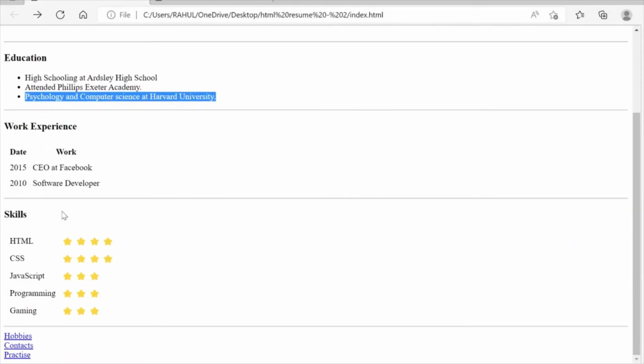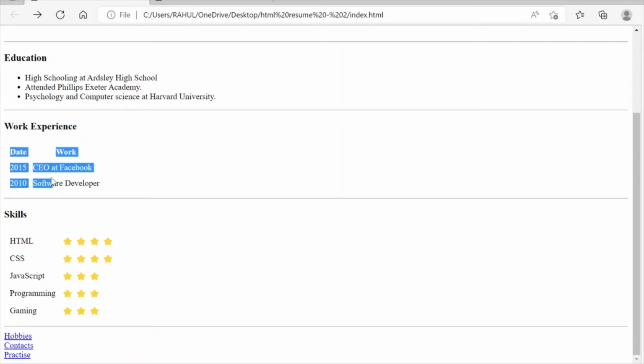Moving on to our third section, which is of work experience. Again we are going to include a level 3 heading which will display work experience, and below that you can see that there are 2 sections, date and work, so this is kind of a table, right? Date is a column and work is a column, which has 2 rows which will display 2015 and CEO at Facebook.